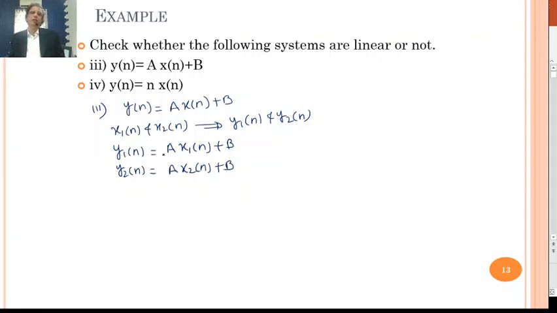Means here, to find out y1(n), we are replacing x(n) by x1(n), and to find out y2(n), we are replacing x(n) by x2(n). Then the combined response, that is y3(n), equals the response due to x1(n) plus x2(n),